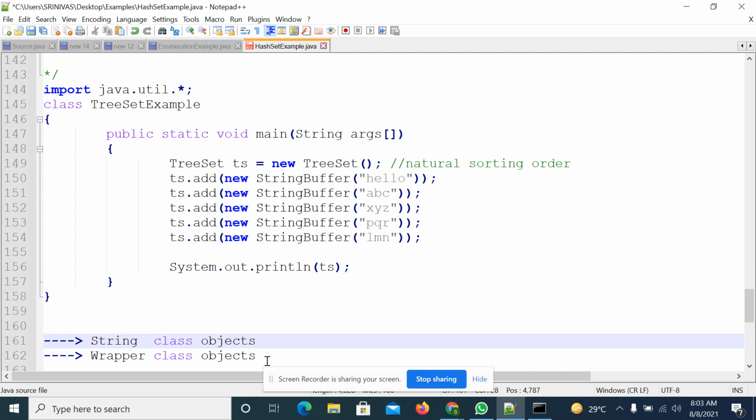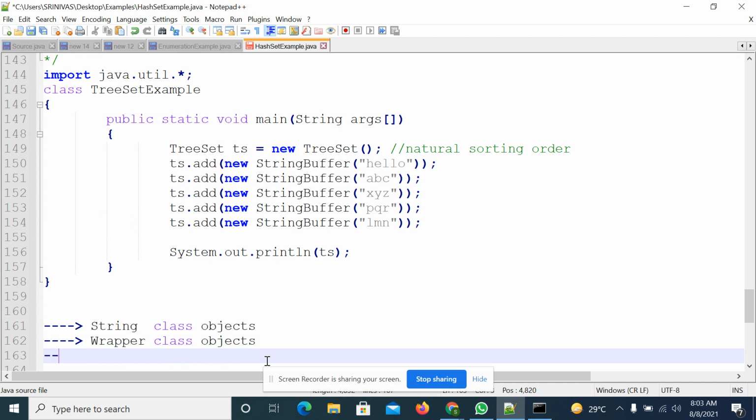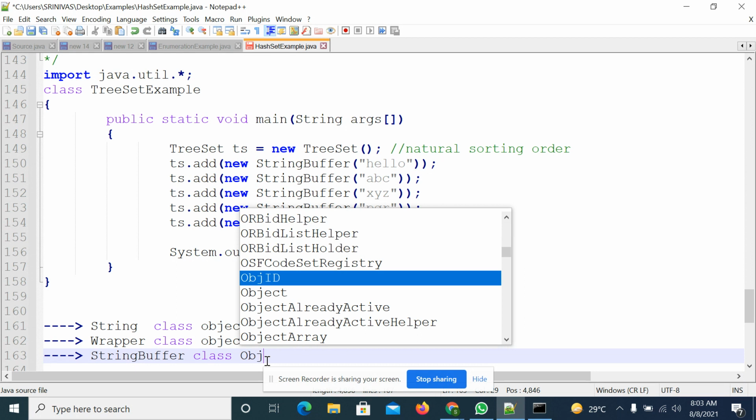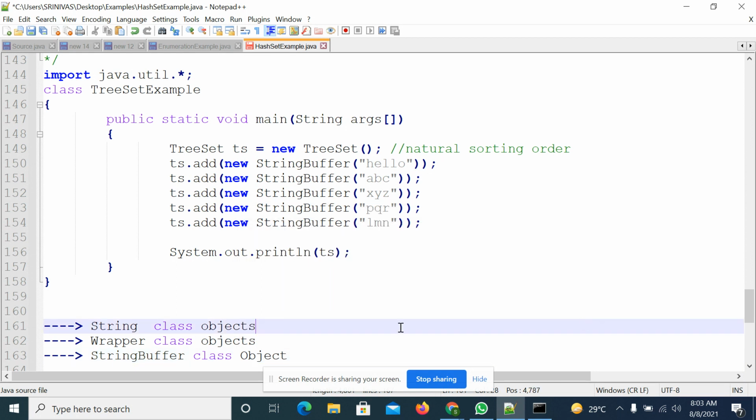Okay. So now you are passing a StringBuffer object as a parameter to the add method. So observe what will happen. So I'm commenting these three lines.